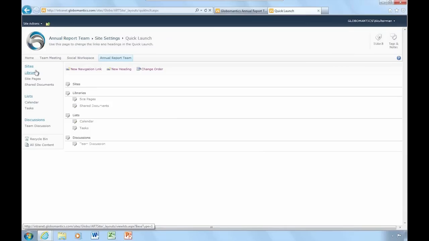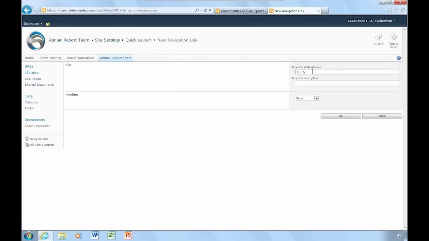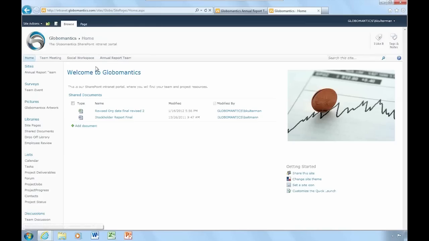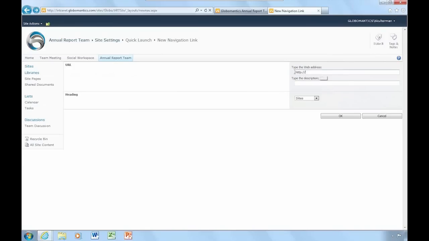here to the other sites that I want. How would I do that? Well, you probably already guessed, new navigation link. So I'm going to click there, and again, it asks me for an address, but not a problem. I'm going to go back to the top level site, copy that address. I can use the back arrow. I know before I went a little bit of the longer way, but remember, we're using Internet Explorer. It's just a browser. I'm going to click on that back arrow, and it takes me right back to where I was. I'll paste that site in, and I will call it